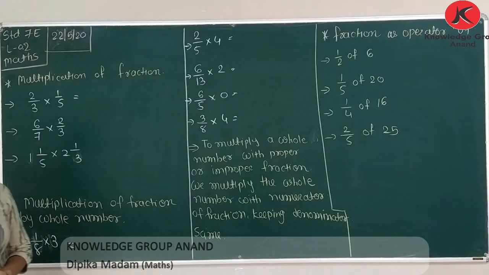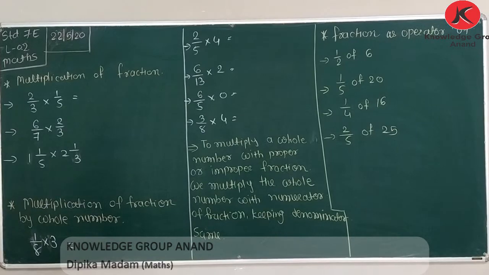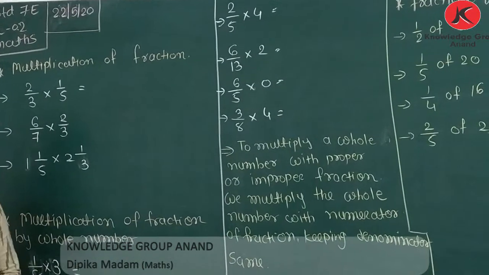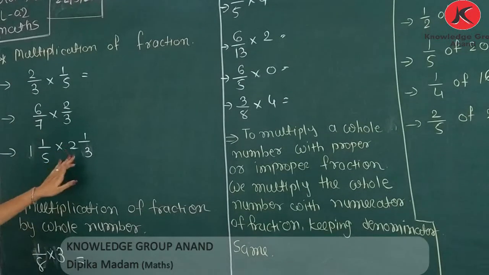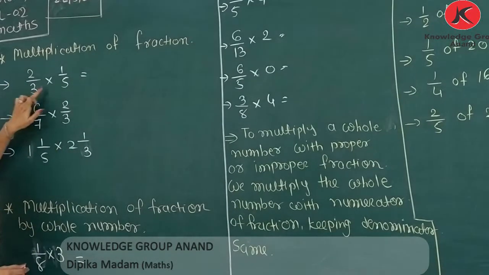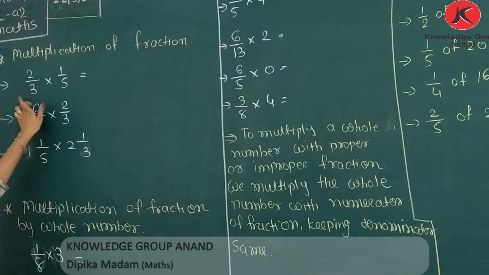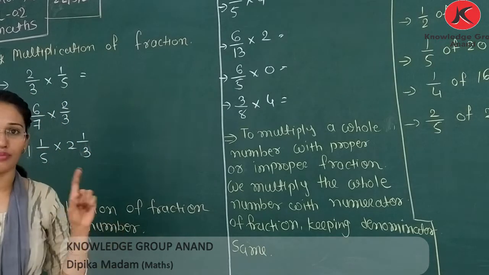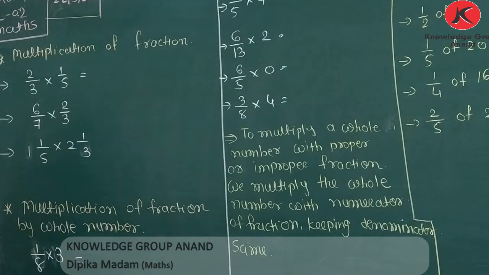Now we will start the next topic, that is multiplication of fractions. Okay, how can we perform the multiplication of fractions? Here examples are given. So first 2 by 3 multiplied by 1 by 5. Both are fractions. In multiplication, there is no need to take the LCM. Do remember, whenever there is addition, subtraction and comparison,